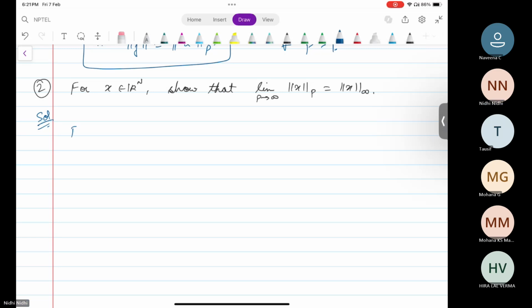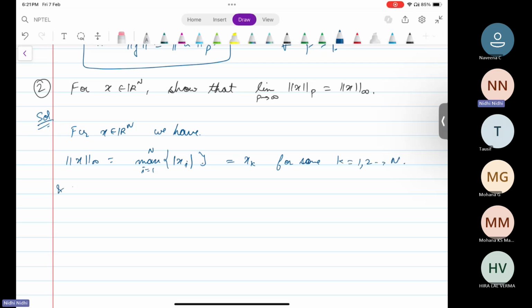For x in Rn, we have the infinity norm of x is equal to the maximum over i from 1 to n of modulus xi. Now this is obviously equal to some xk, for some k in 1 to n, and for